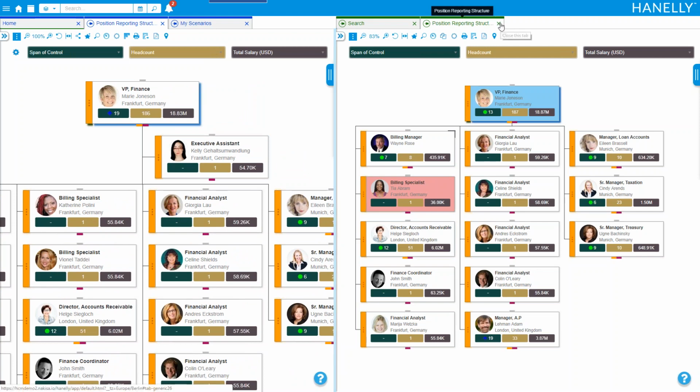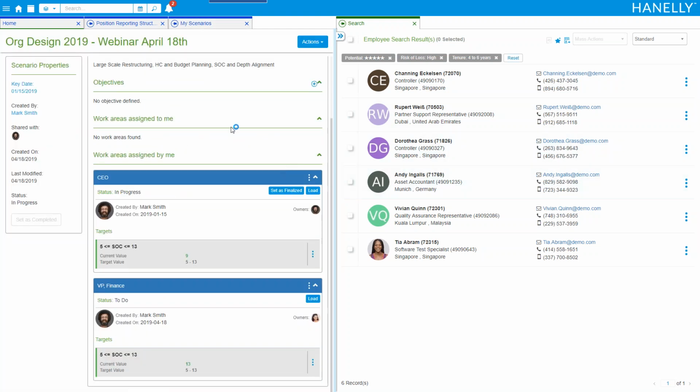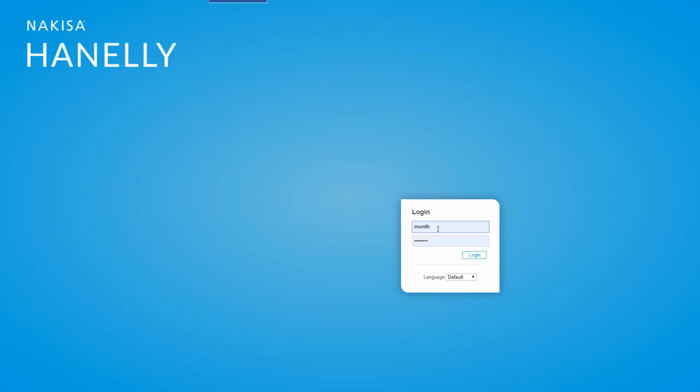Now going back to the scenarios and just opening that scenario, you will see that my objectives have all been met, and this is why it's turning into green. So I can set my work areas as finalized. Now notice that I cannot set this one as finalized because I'm not the owner for the VP of Finance. It's actually Elizabeth Templeton. So if I log out of the solution, we just do it very quickly, and proxy in as Elizabeth Templeton, I'll be able to show you